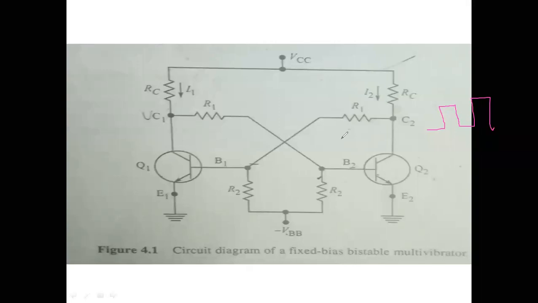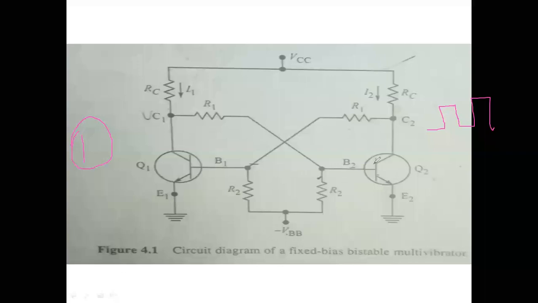Therefore, most probably the circuit may start from the active region. The same explanation will suit if the circuit starts at the cutoff region, or it may be in saturation. If both transistors are operating in the same region when you apply the VCC voltage, then at that position, if we get a small disturbance, even a small change in temperature, it will make the transient circuit act as a bistable multivibrator.